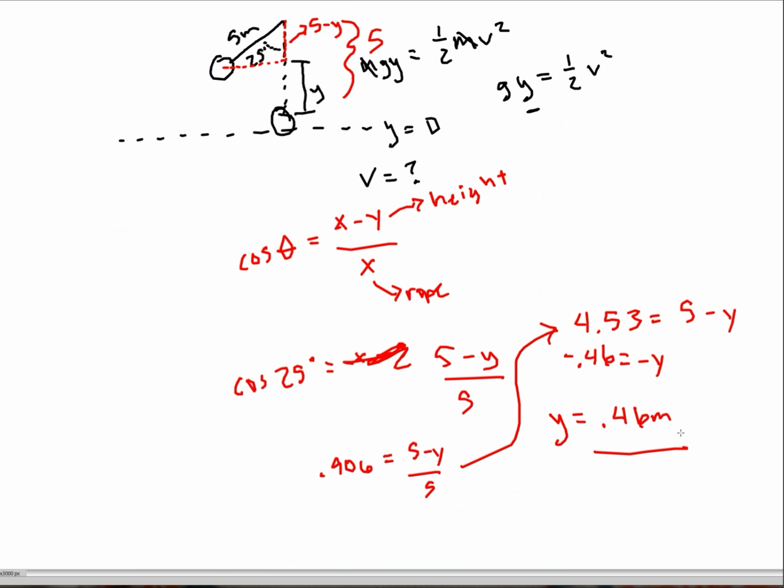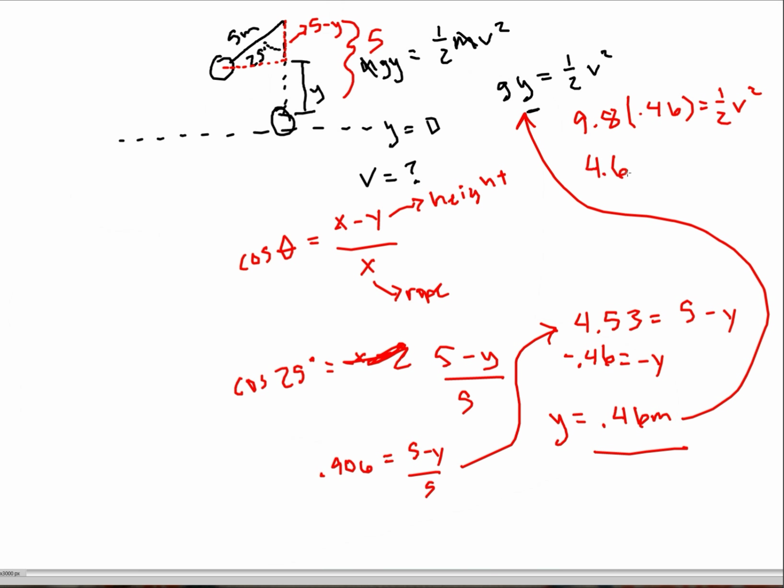Well, now that I know y, I can plug it in right here, and solve for v. So 9.8 times 0.46 equals 1/2 v squared. And I'm left to solve for v. So 9.8 times 0.46 gives me, like, let's just call it 4.6. And then that equals 1/2 v squared. So multiply both sides by 2. So I'm left with 9.18